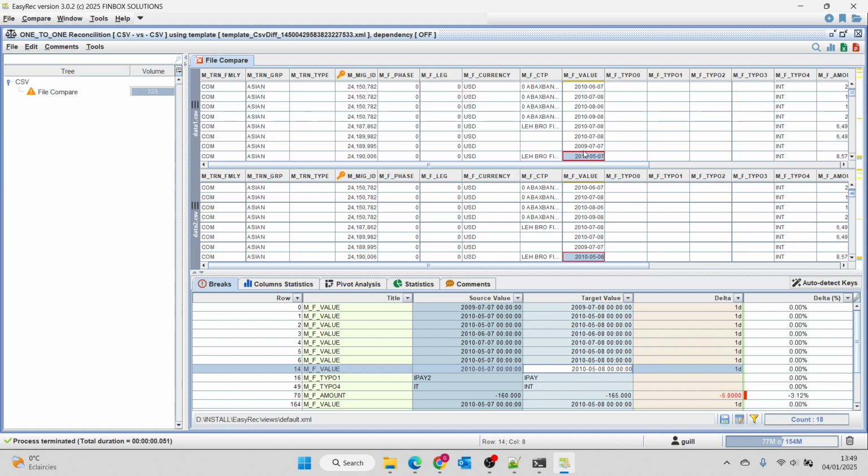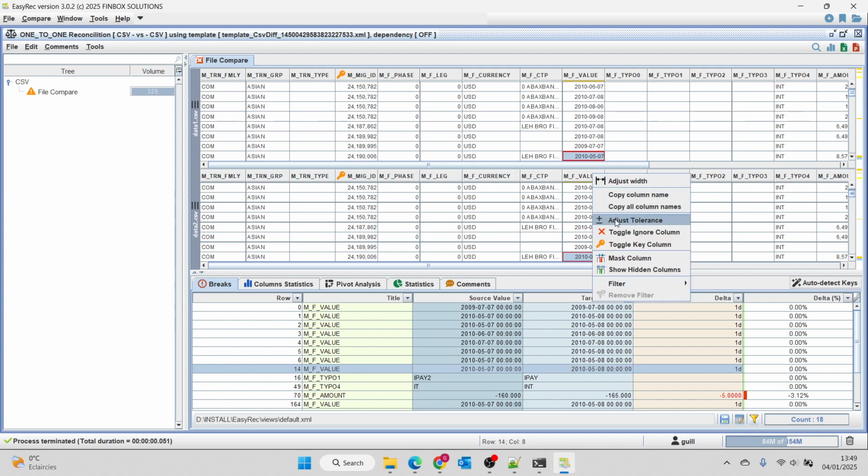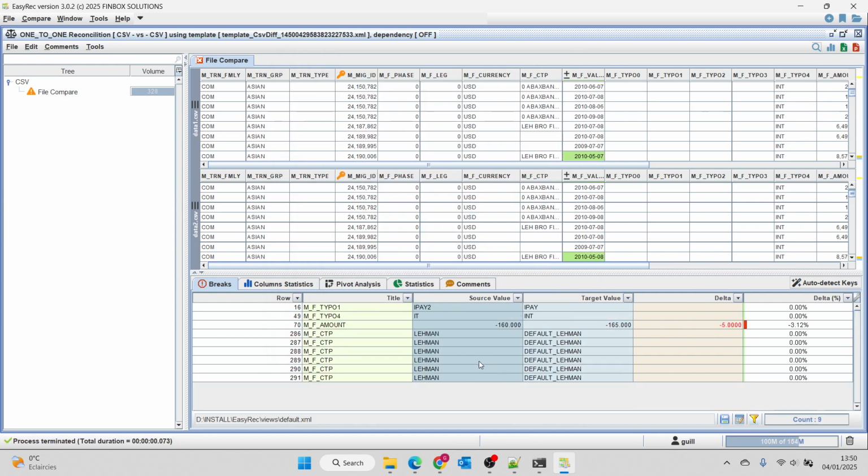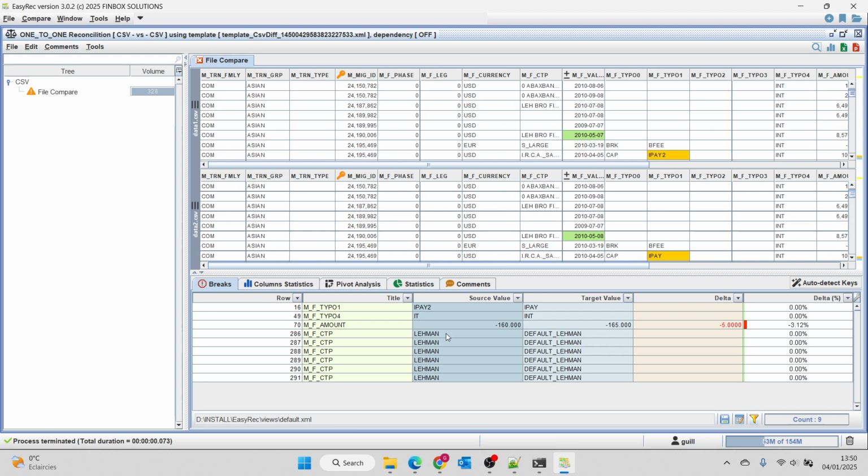Here I have dates in the source, dates in the target. It was automatically converted. And the system is saying that I have a delta of 1 day difference between the two. Imagine you accept this difference, saying that 1 day is completely acceptable. What you can do is create a tolerance on the fly, say 1 day tolerance between the two. It has automatically disappeared. What we could also do is that for this second column, which is counterparty, I have